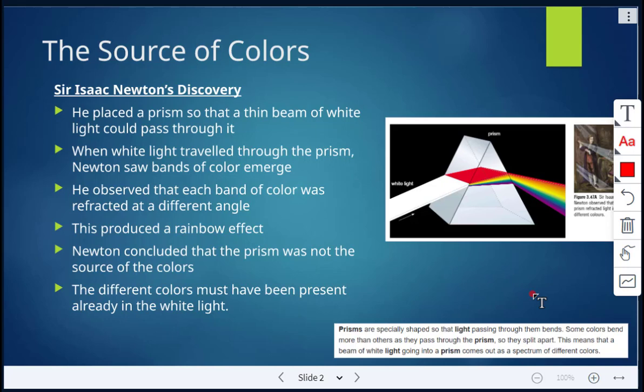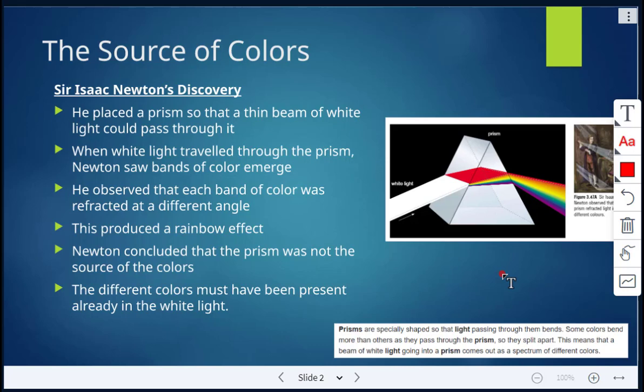So what he did was he placed a prism. This is a prism here. So basically he had this prism, and then he had a thin beam of white light passing through it. And when white light traveled through the prism, he saw bands of color emerge on the other side. All right, so here we have the white light going through the prism and it's emerging as all these bands